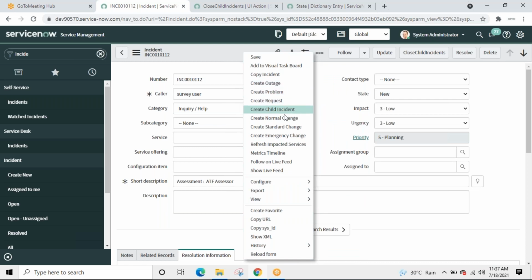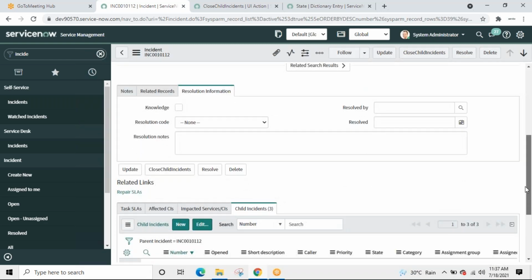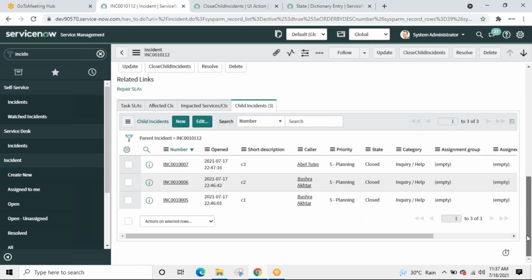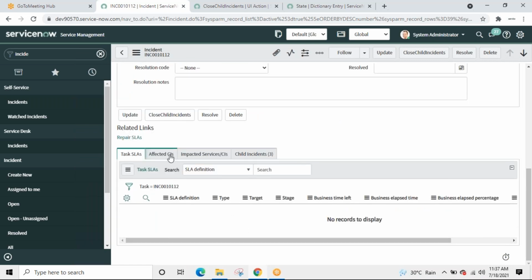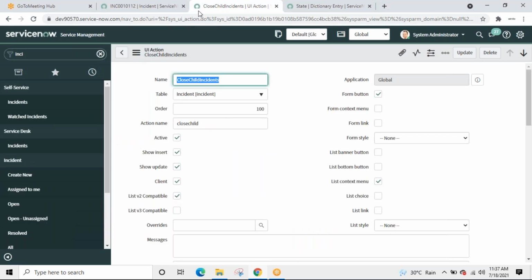Create child incident. Close child incident is not there. Reload the form. Did it get somewhere over here? List context menu. What does it say? List context menu. Okay.